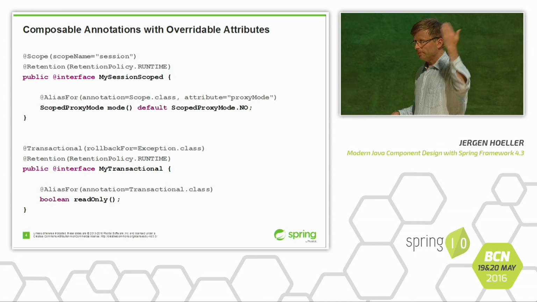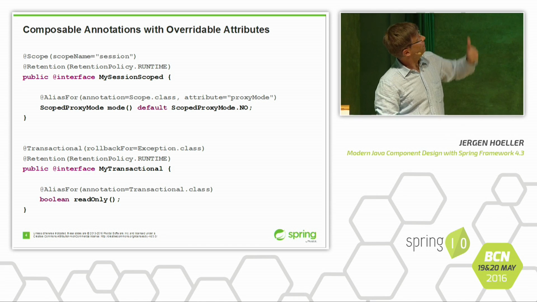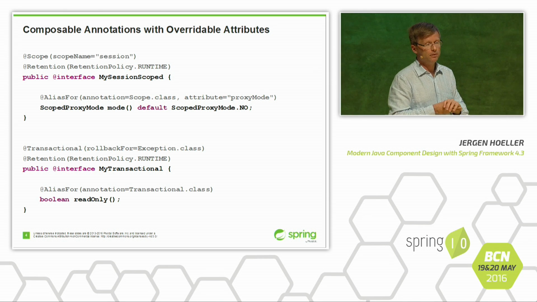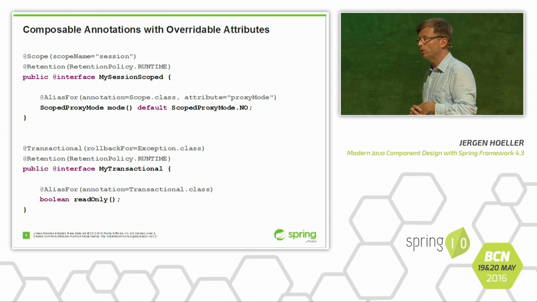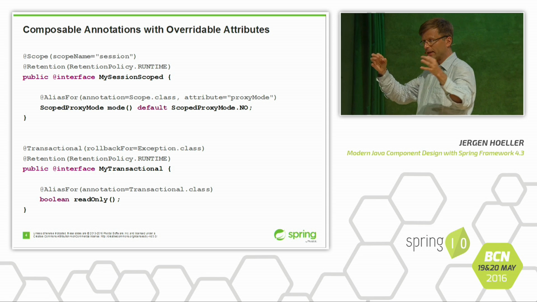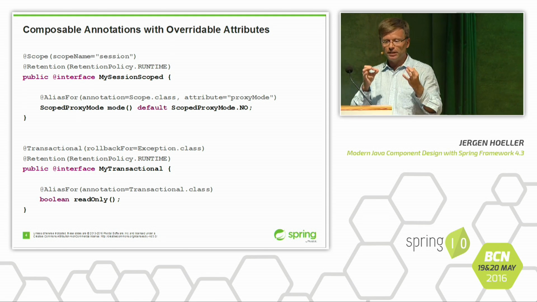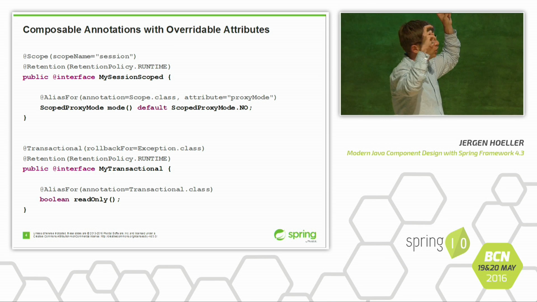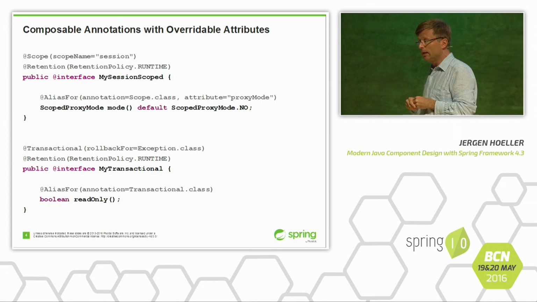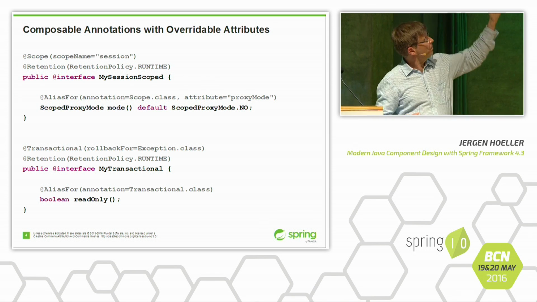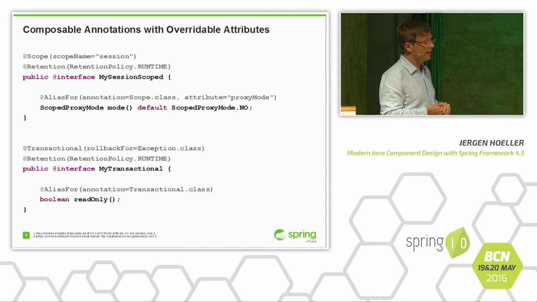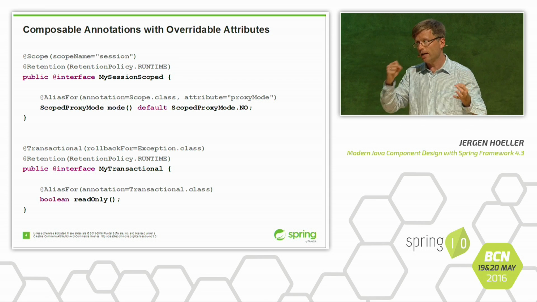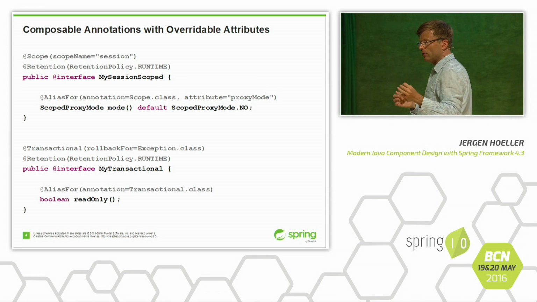And along the same lines, in the example above, you have a custom scoping annotation, which is quite common these days. Quite a few people define their own scoping annotations in order to have type-safe annotation names for particular scopes, not having to type the actual key of the scope, the session string. And again, this custom scoping annotation above has an attribute which it redeclares, the scoped proxy mode, from the Spring @Scope annotation. These kinds of attributes